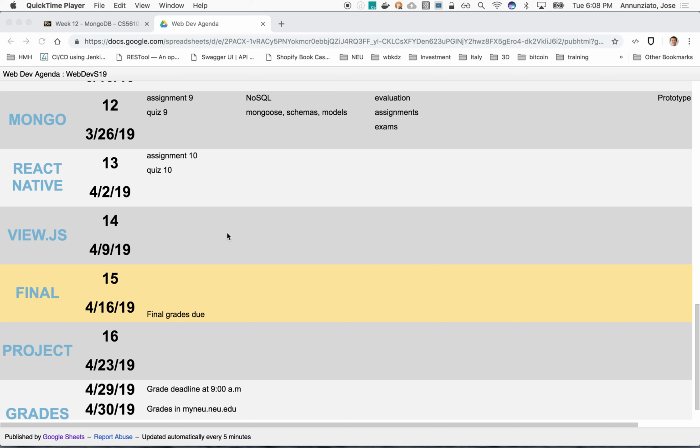So one might be, how do I test that there's a one-to-many relationship? How do I test that there's a many-to-many relationship? How do I test creating a new instance? How do I test removing or updating? So we're going to be asking you to fill out all sorts of user acceptance tests